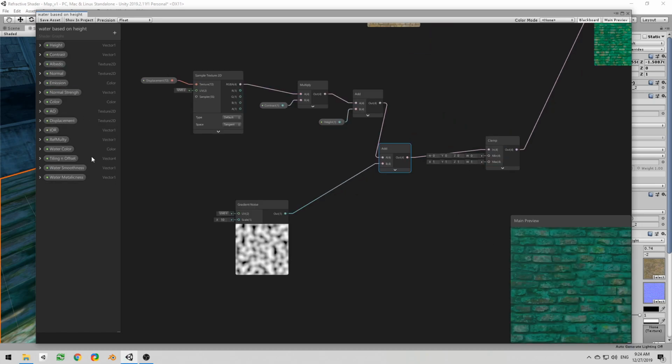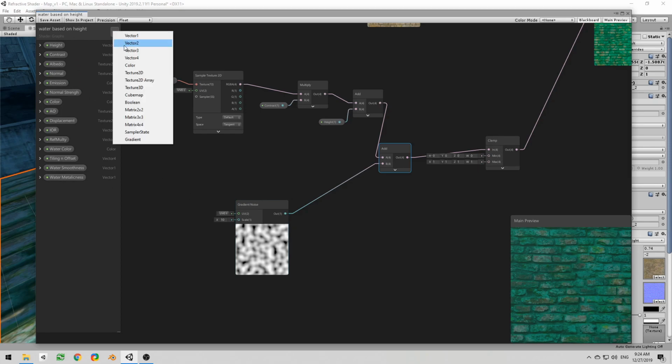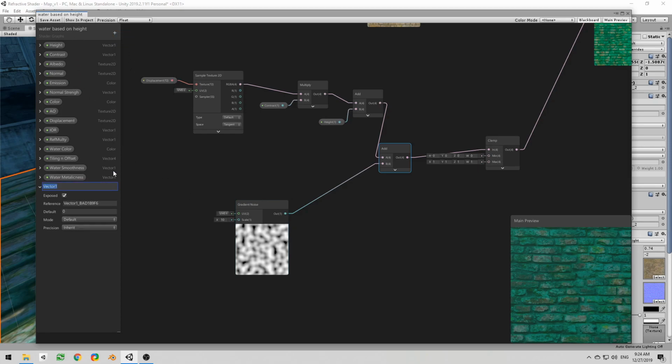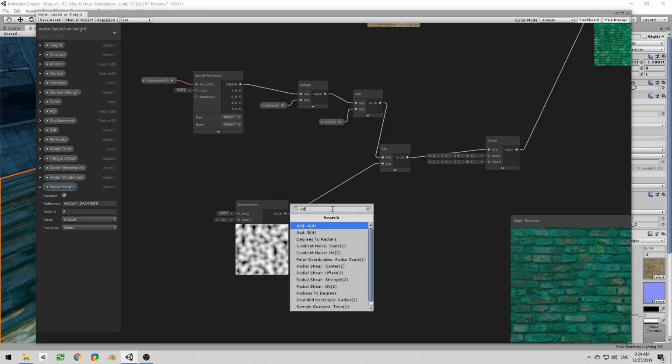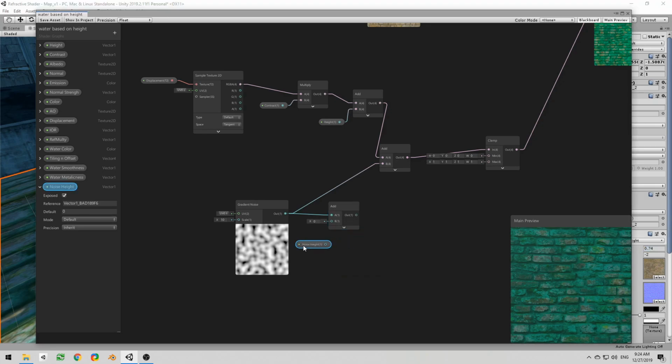I think I did not create values for this one, so let's create some of them. We want noise height, and we are just going to add this value to the noise,